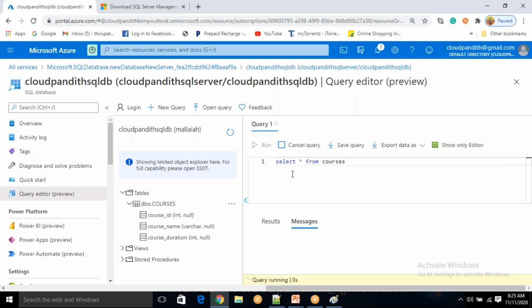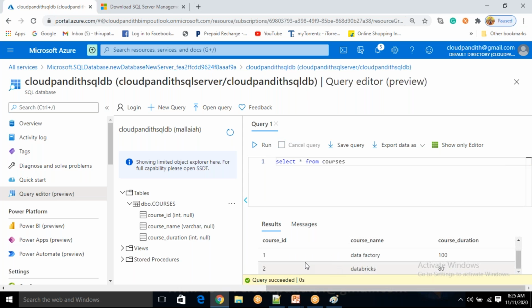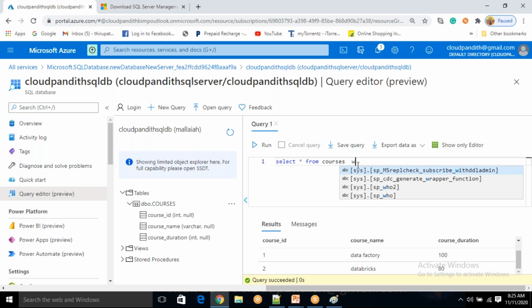Let's run it. See, 1, 2, data factory, Databricks, it's a 100 hours course, it's an 80 hours course. Okay, clear? Now I want to put some kind of a condition where